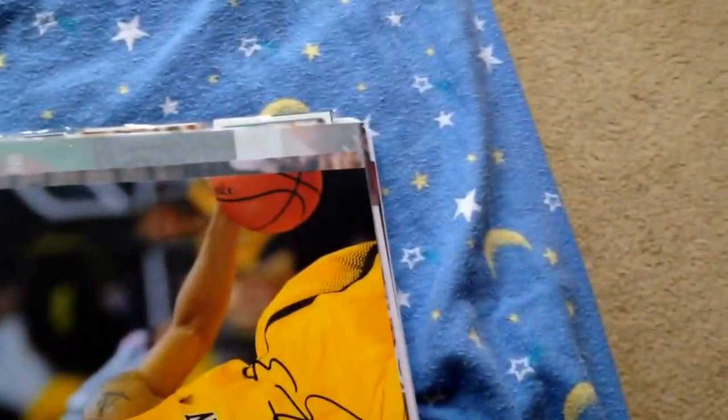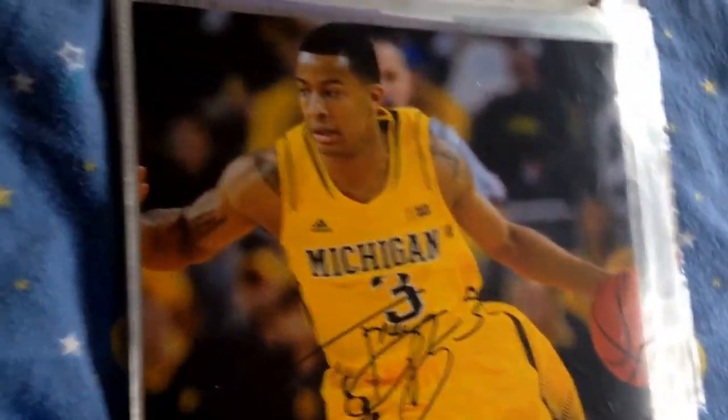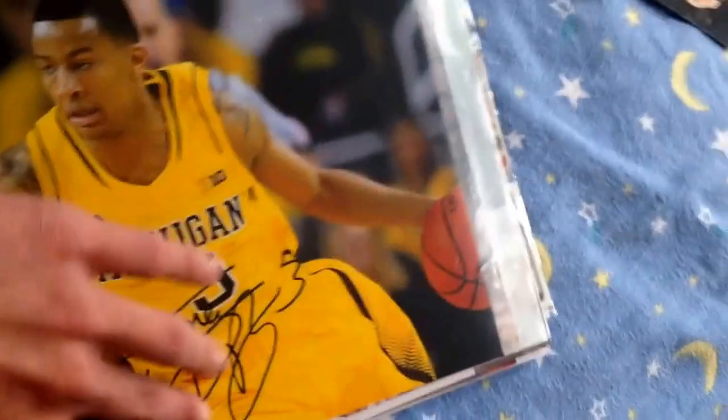Not even going to that. Alright, that was old. Trey Burke, 8x10. He's nice too. I hope he stays that way. Luol Deng, here, it's just starting to get to my bigger names. We got Luol Deng, Dion Waiters,